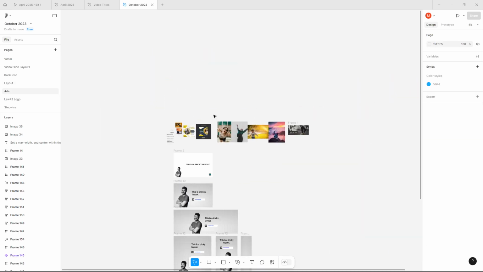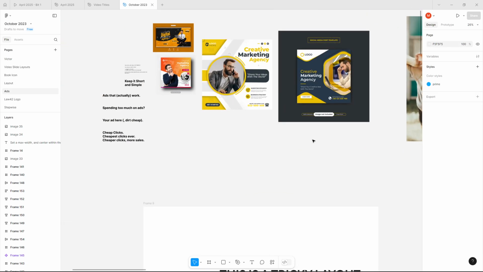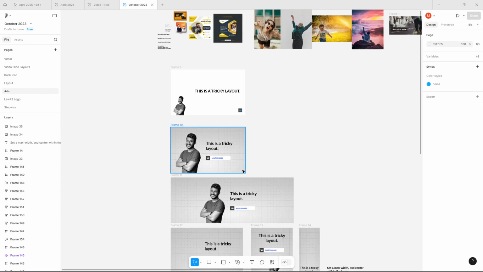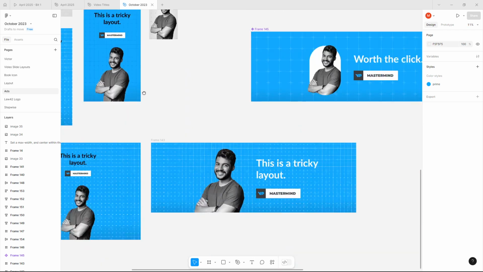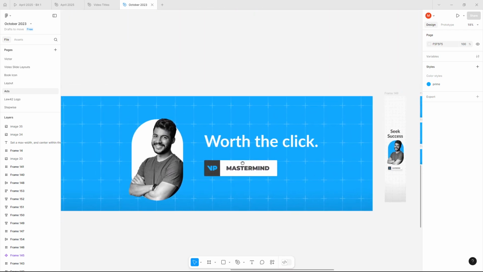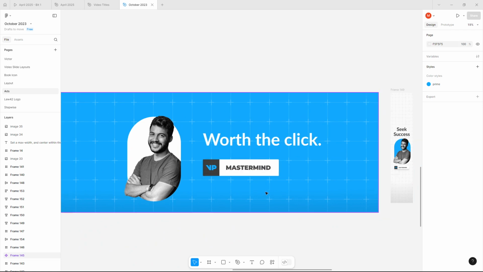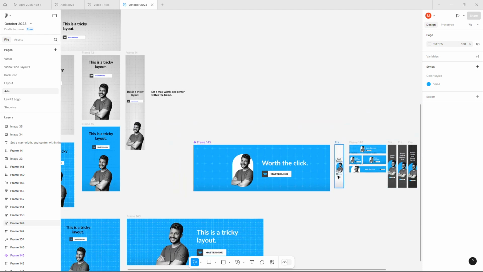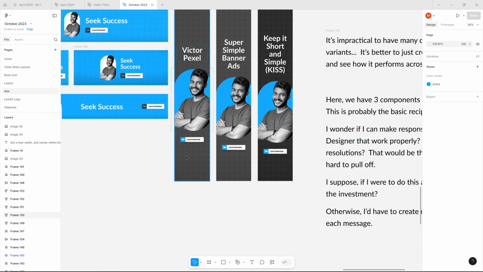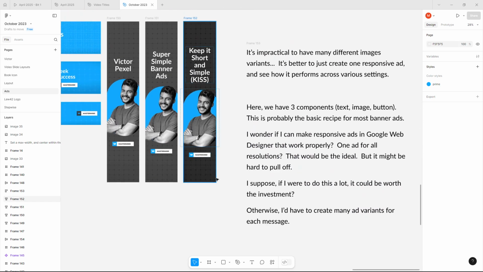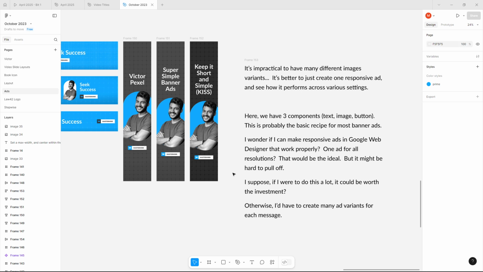Okay, here we go. So banner ads come in many different forms, and putting a button on it is a good idea, and having a good message. I think that's awesome. It's worth the click. Just click on the button. Seek success. And yeah, I've done banner ads a little bit, but I think that the banner ad could just link to the Discord landing page,